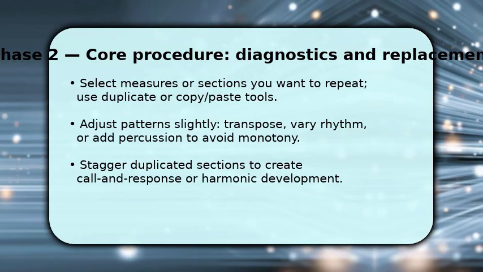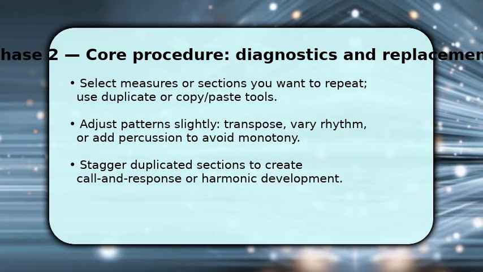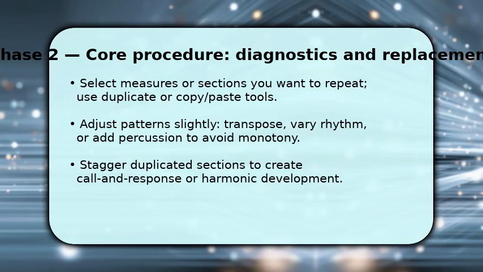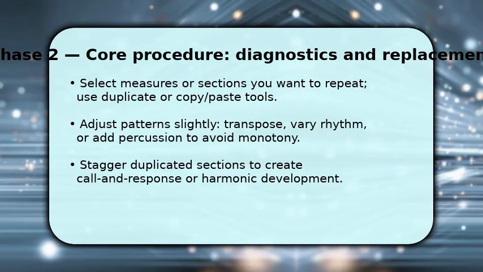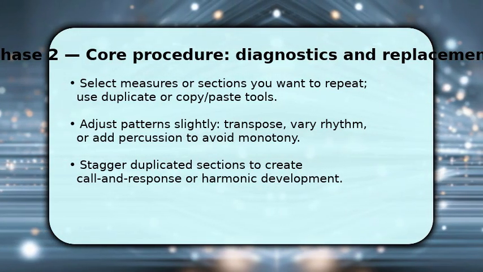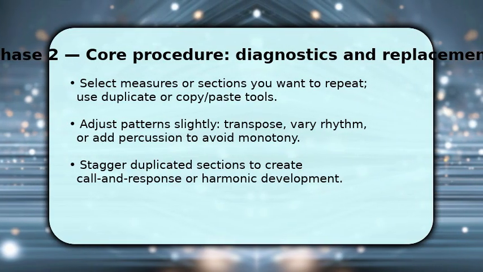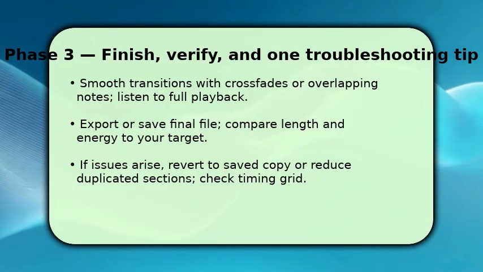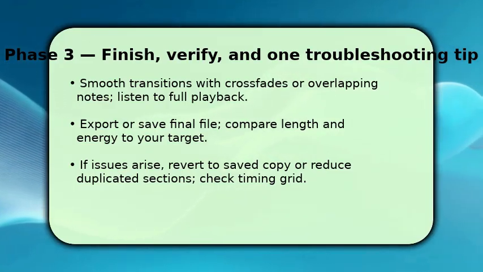Once done, stagger duplicates to create call-and-response or harmonic growth. This keeps listener interest. You're doing these edits because small variations make a longer piece feel intentional and musical rather than repetitive. To finish, play the entire track and smooth transitions between duplicated sections, overlap notes, or introduce short fills